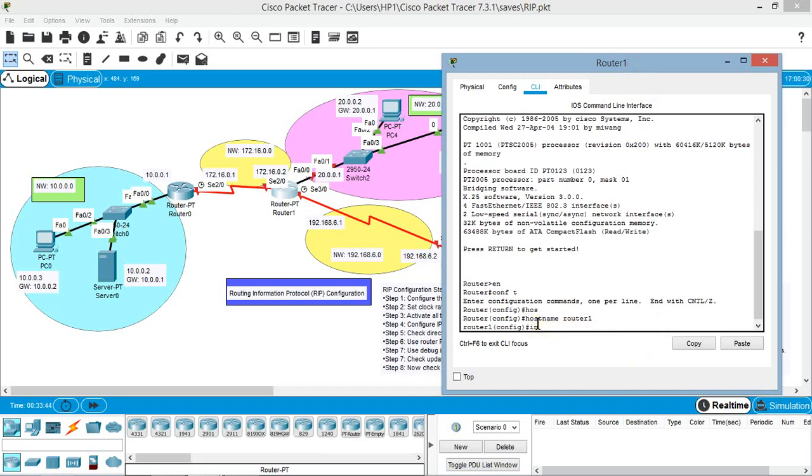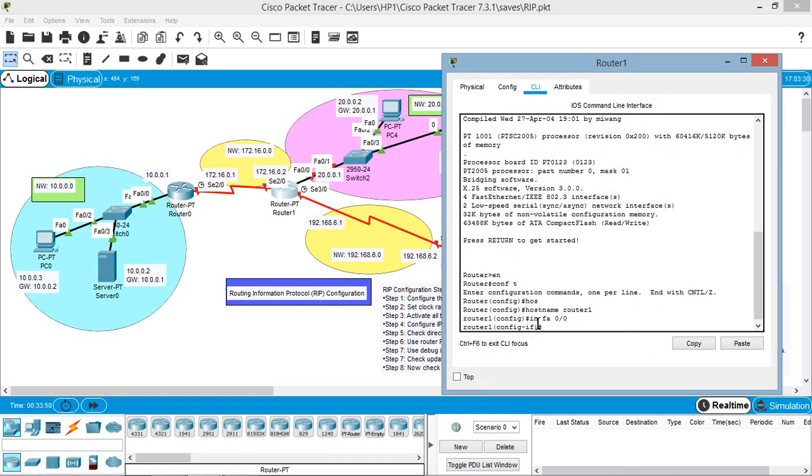First one is the interface FastEthernet 0/0. So with this command we will move to the interface FastEthernet 0/0, and now we'll configure the IP address on this interface.